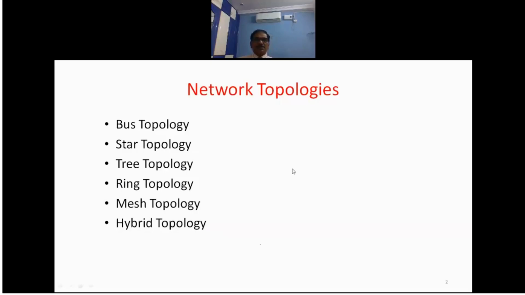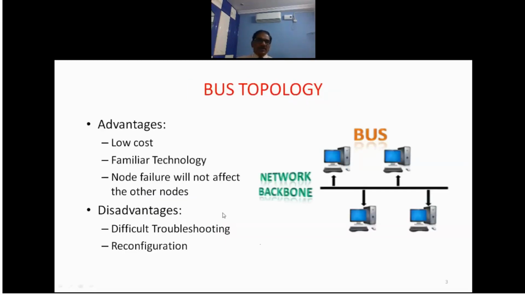The physical arrangement of all the devices connected in the network is called topology. There are different topologies available in the network. Bus topology. The name itself is saying all the systems are connected to a common bus. That is why the name bus topology is given to this. So here in this bus topology,